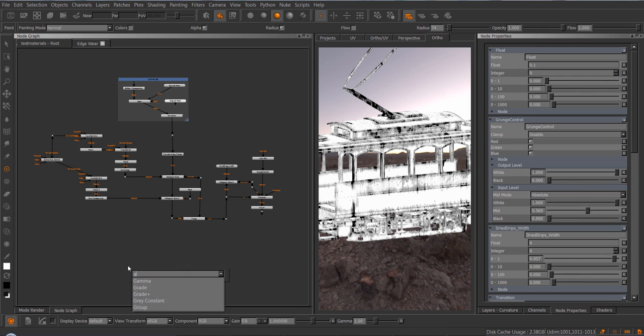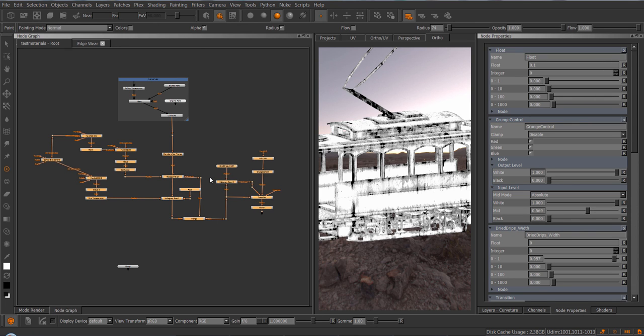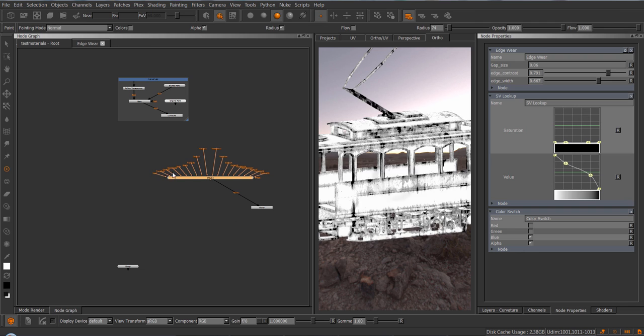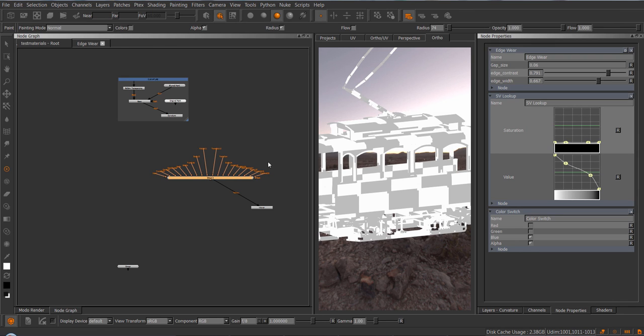First things first, I'm going to create a group node. I could select all these nodes and just tab and group, but Mari would make a massive group node with a lot of exposed nodes, and I would have to go into the group node and